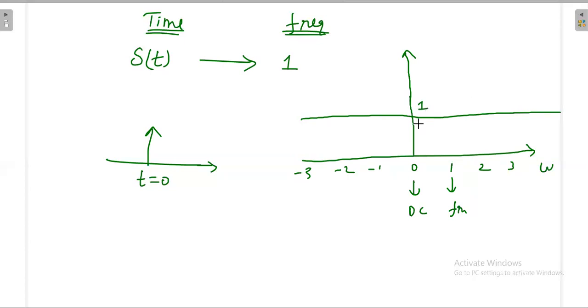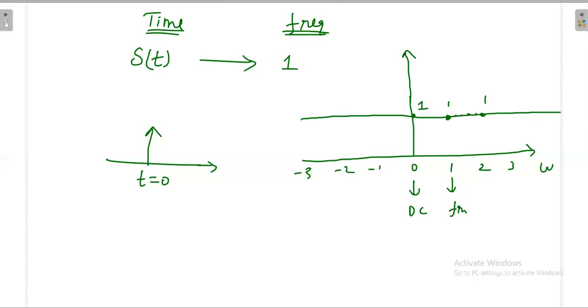So you can imagine it like this, but it is actually continuous. This line is continuous, but you can imagine the DC is there, and at omega is equal to 1, some amplitude 1 is there. Again at omega is equal to 2, amplitude 1 is there. But in between also the contribution will be there. So when you make a sudden change in time domain, it creates lots of disturbance, creating all frequencies in the frequency domain.